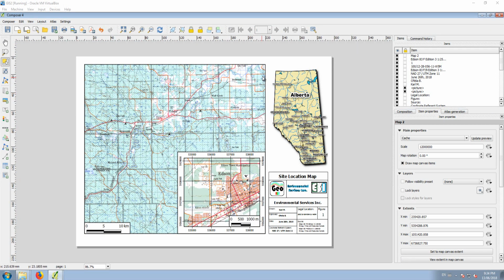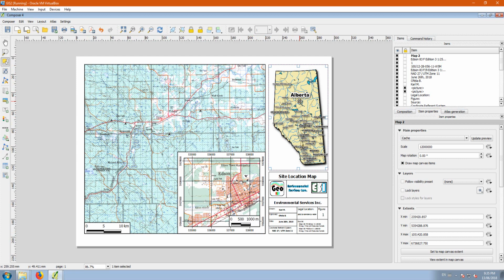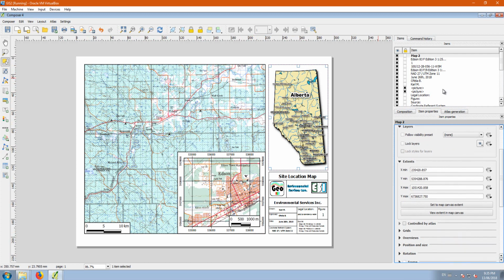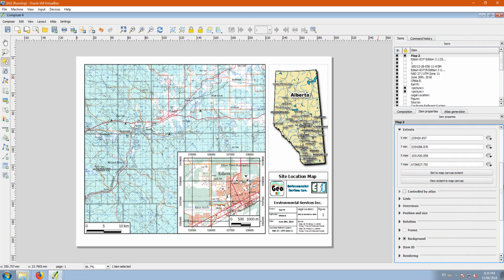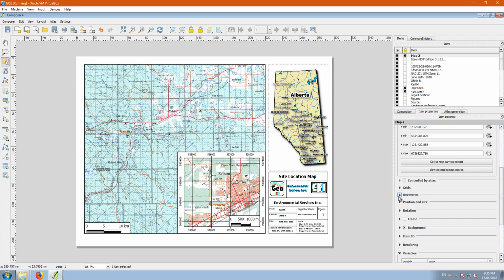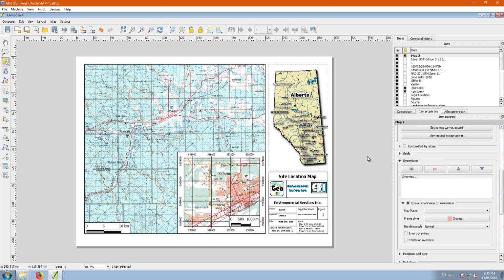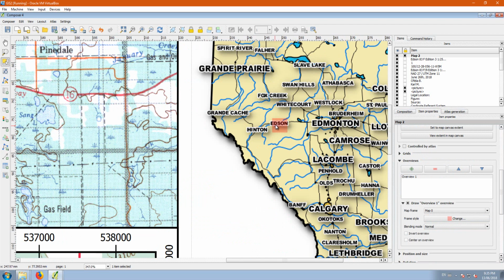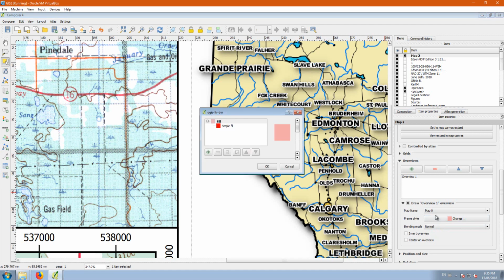Now what I'm going to do is represent all this area, the map 250K, inside this map. Okay, to do that one first we have to select this map here, that's map 2. Okay, then go here, going to lock this layer here, overviews, add an overview. Then here we have to select the map we want to represent here, is going to be map 0, because it's this one. And now you can see the area there is this square here. Then we can edit the color and everything. Just click here,